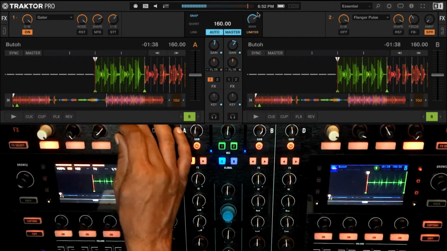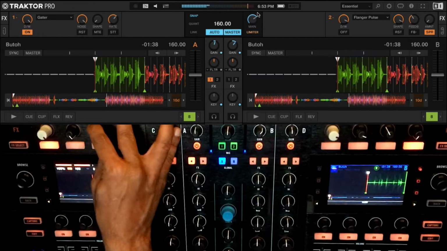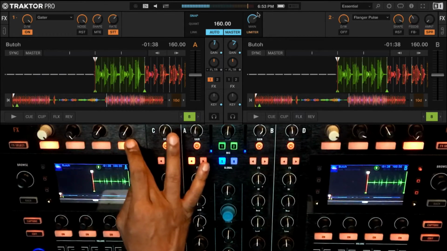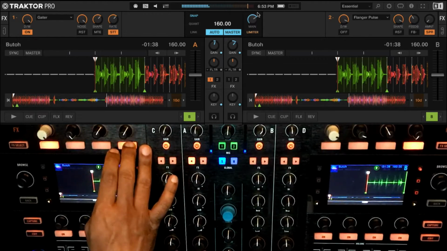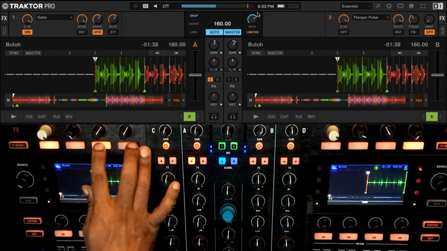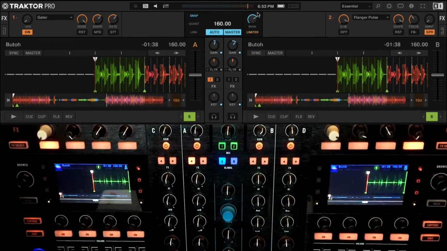I can use this noise as a hi-hat. I can use this as a decay for the hi-hat using the shape, which can be quite cool. And I can use this to sort of accent the off steps in between. I can use this to sort of punch it in. So I could actually do that over a track, like if I wanted to play something on the other channel.